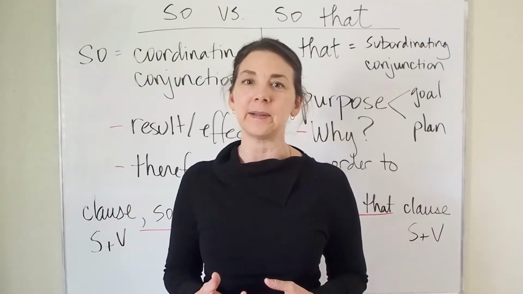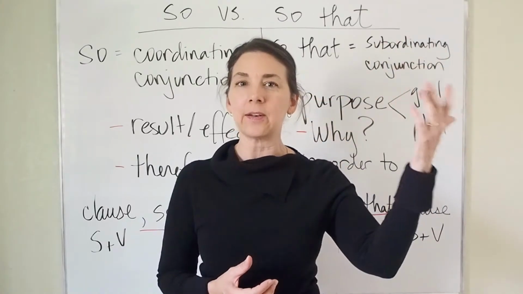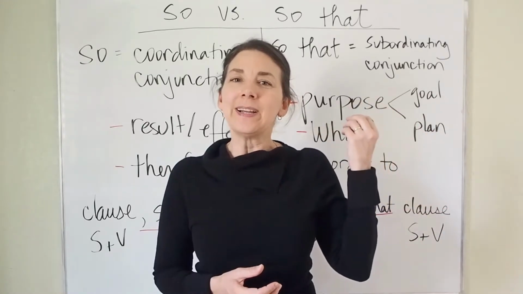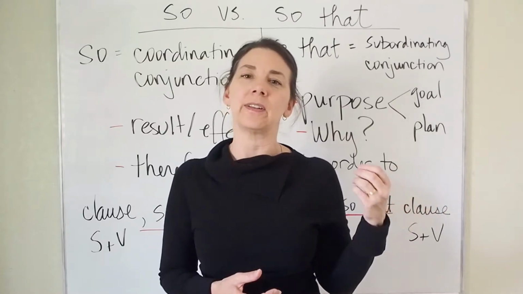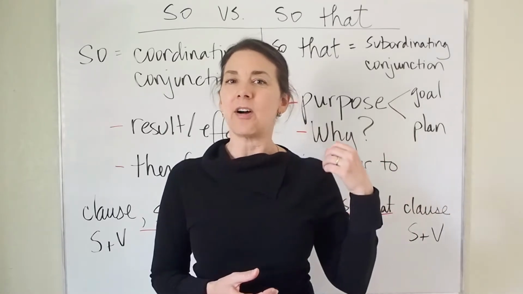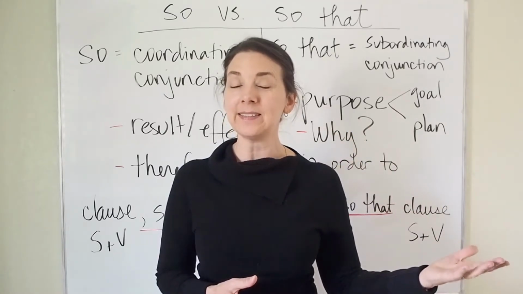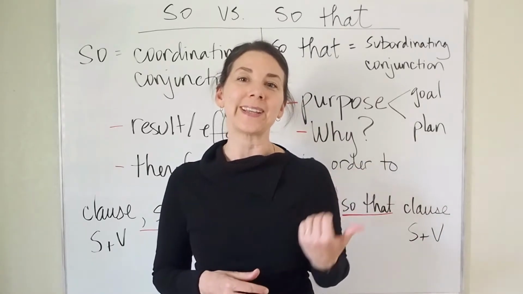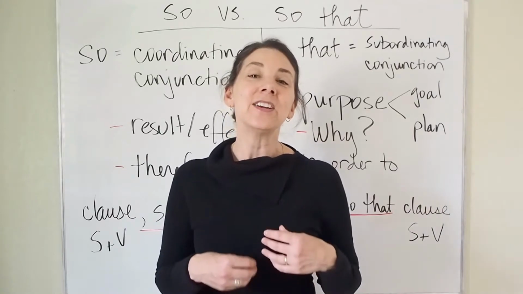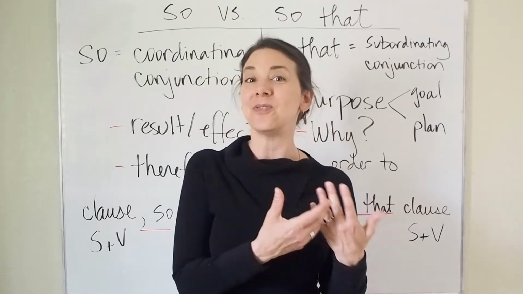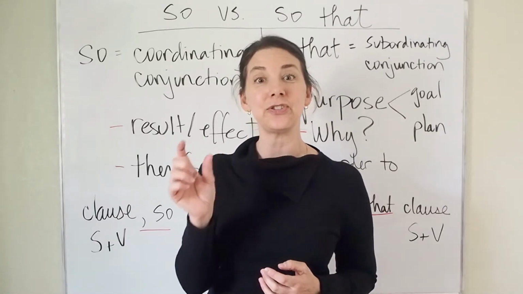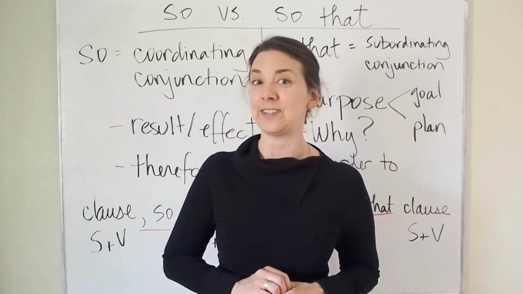Why are we doing something? Because we have a plan or a goal or something that we hope will happen. So it's a kind of condition or like a hypothetical. It's often something that hasn't happened yet, but we hope it will happen. So you often will see the word can used in that one to show that you hope that you can do something. Okay, let's see some examples, and you're going to choose so or so that to fill in each